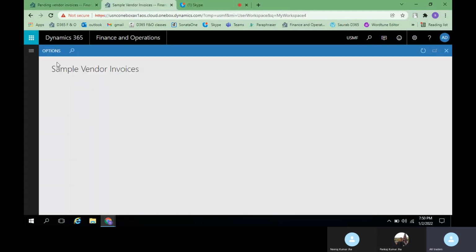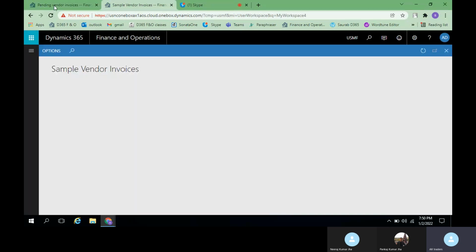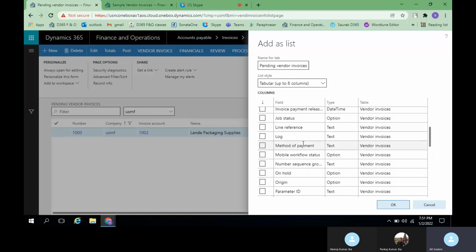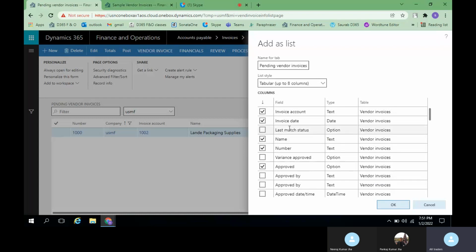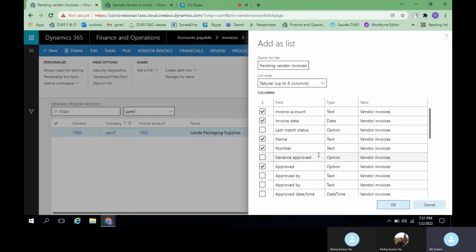You see, the moment you open the sample vendor invoices, what details will help you to understand this sample vendor invoices report? Since these are the default options, if you select everything, there is no point. There is no difference between this workspace and this one, right? So if you just see a few details, you should be able to understand the status of this sample vendor invoices, or else we can select one more like cash discount. So 8 columns, I think we have selected.